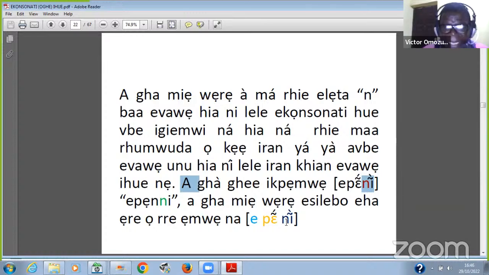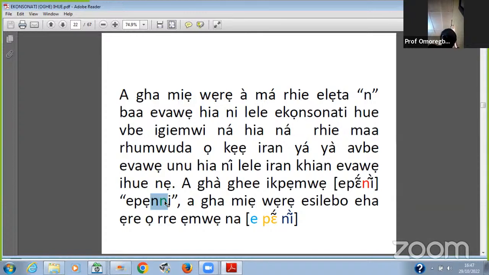So the ni, the second ni, is what you hear. That's written with the letter N there. A penny. So in writing, you have 2 letters. One is a digraph with the preceding vowel, whereas the other one forms a syllable with the last vowel.